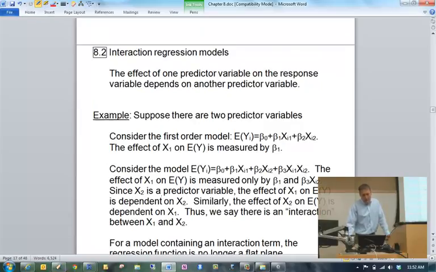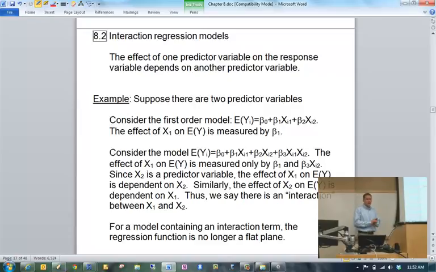Okay, so section 8.2, interaction regression models. If you had 802, you've talked about interactions a lot. I'm assuming here you have not had 802 though, because I know some of you have not. Simply, what the interaction allows one to do is to take into account that how one variable affects the response may not be independent of some other predictor variable in your model.